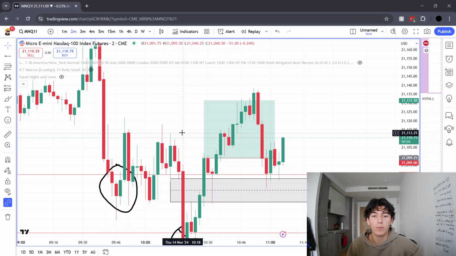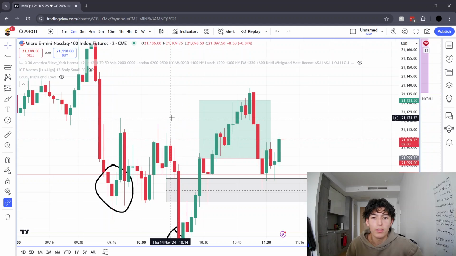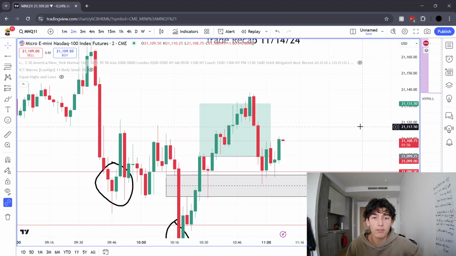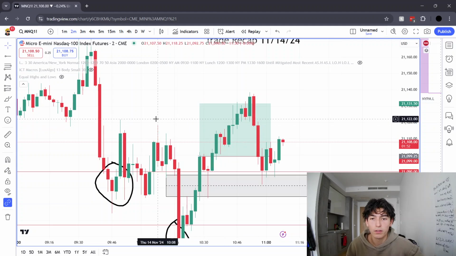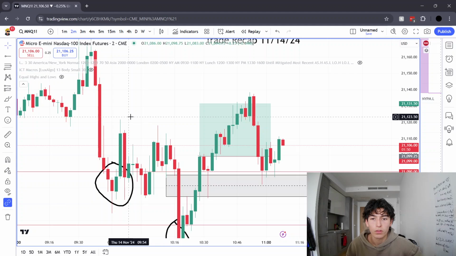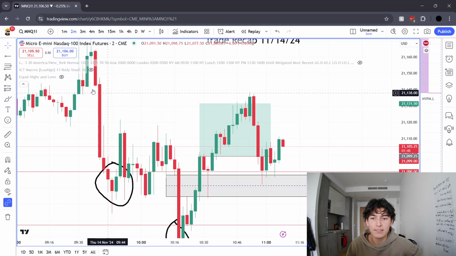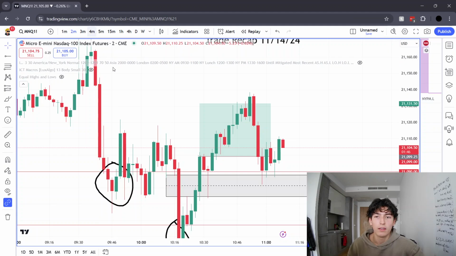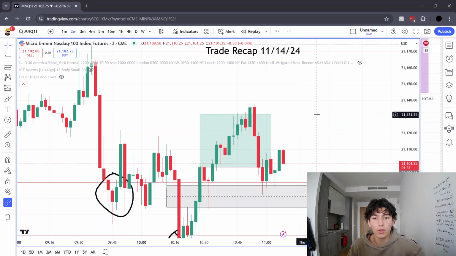So after that, I put my stops to break even here. And then I scaled. I had 5 contracts, so I sold 2 at this high right here. Why? Because this high is inside this fair value gap, and this is a fair value gap in a higher time frame, right, which holds more power. So this is just a point where I wanted to scale 2 here, and then I scaled the other one